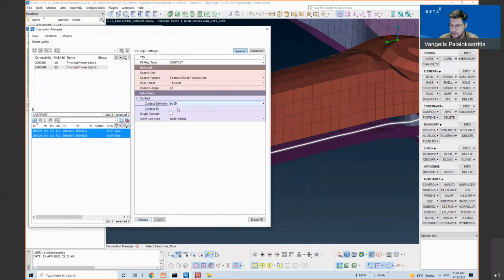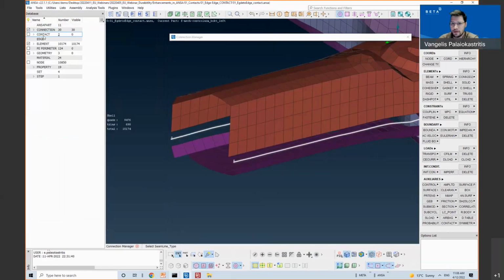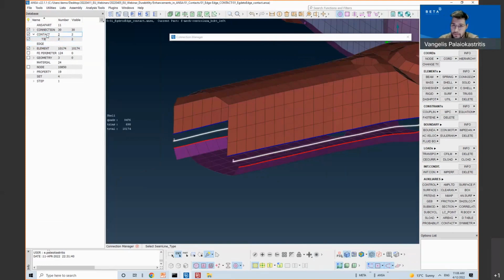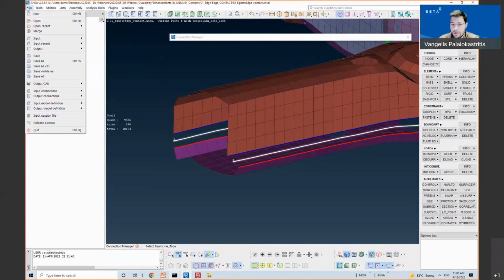I can specify a contact ID if I want, or I can create a single contact for both SimWelds. I will press realize, and I can see that the contacts are created here.